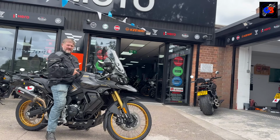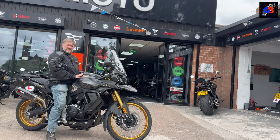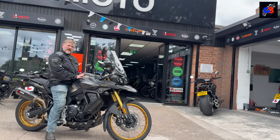Into Moto's got this, and I believe they've got a new one inside as well. Throw your leg over one of them, see how it feels, see how it fits you, make sure you feel comfortable. Now the weight on this, the wet weight is